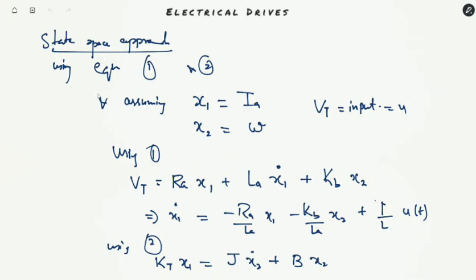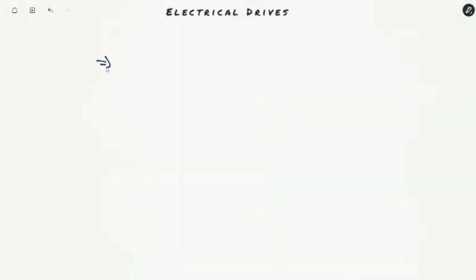So which gives us x2 dot is equal to Kt x1 divided by J minus b x2 divided by J. So using x1 dot and x2 dot that we have obtained,